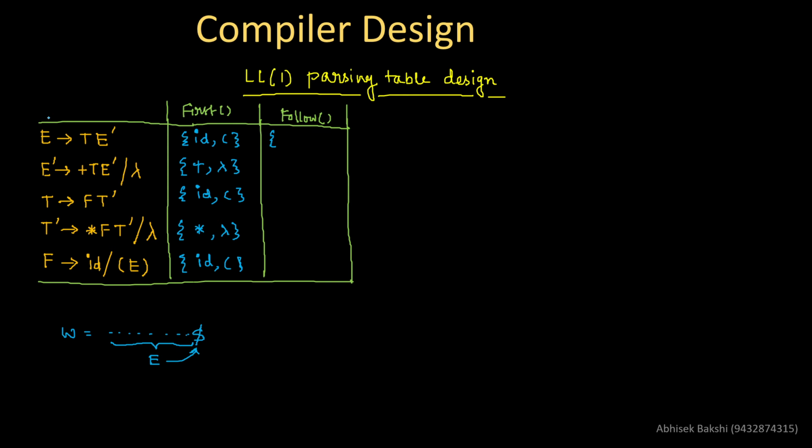So for any case, the start symbol has to be followed by a dollar. But other than dollar, I have many more things that depend upon whether the start symbol is present in the RHS of any other production rule or not. For example, over here, you see in the last production rule, capital E is followed by a closing brace. That means wherever a closing brace occurs, it is basically following this capital E. That means the follow of capital E is closing brace and dollar.